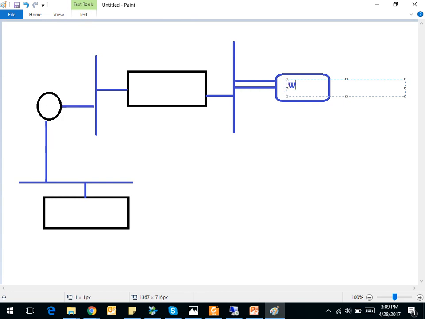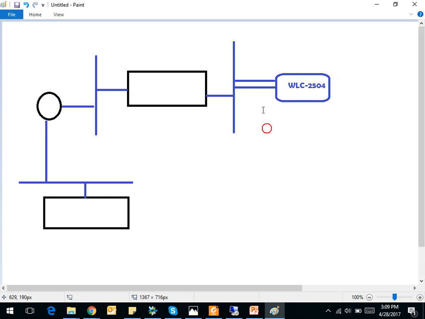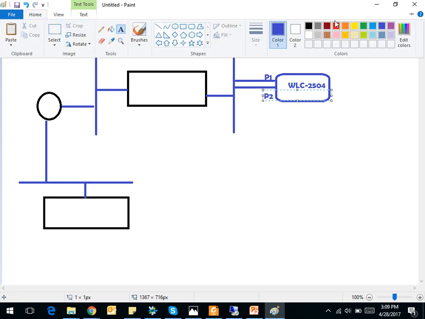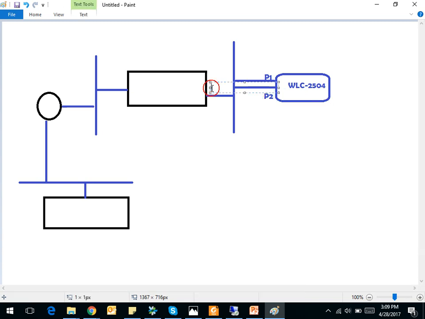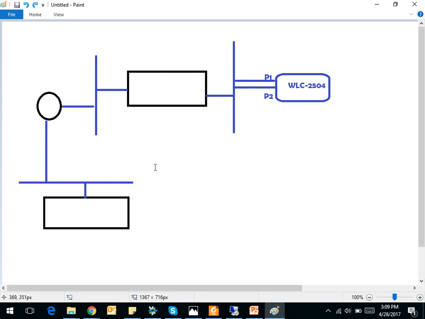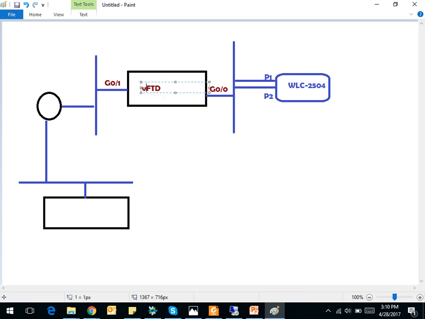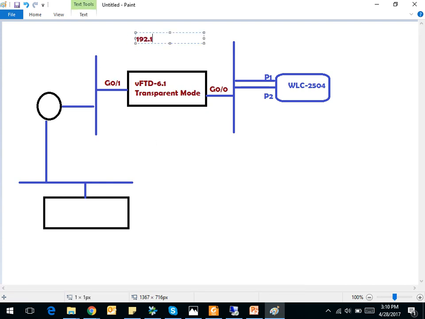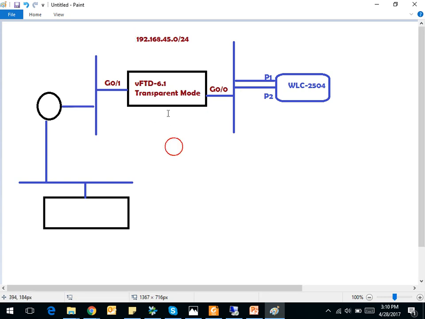So this is your WLC 2504 physical, and this is your port 1 and port 2. Then what you have next is this interface here is G0/1, this interface here is G0/0, and this interface here is G0/1 of your FTD, typically FTD 6.1, which is in transparent mode. This whole subnet here is